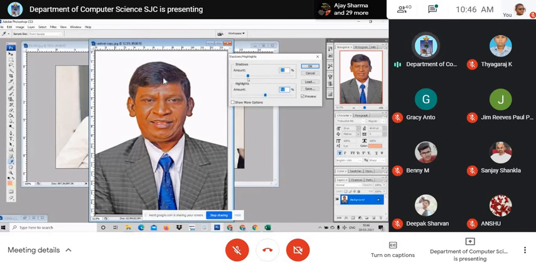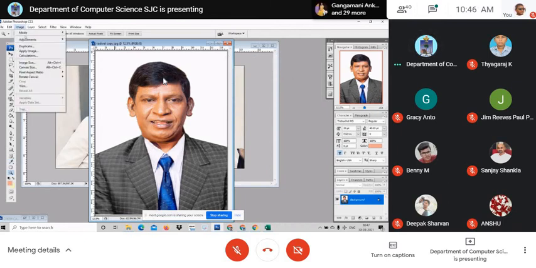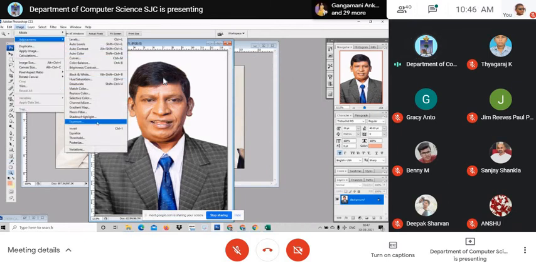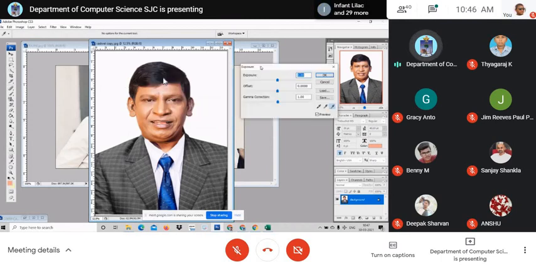You can even decrease it. Am I clear to you? The skin tone, look at the skin tone. It is strong and thick as well. Right. I just go to exposure. Exposure also, look at here. See, it has got three options: exposure, offset, and gamma correction.